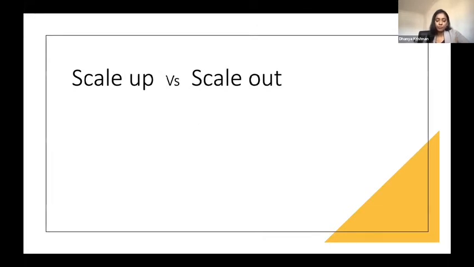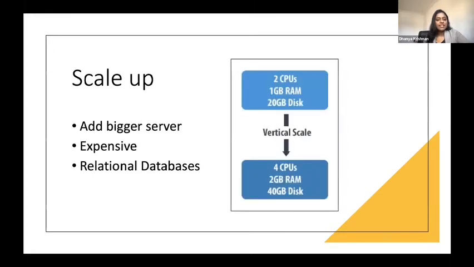There are basically two approaches to scaling, that is scaling up and scaling out. Scaling up: you have hosted your system, you have a server, you are seeing that load is increasing. So you want to scale up your system, for example, as one of the strategies. Scaling up means that you are essentially increasing the capacity of your server. For example, at first you had a small server with 2 CPUs, 1 gigabyte RAM, and 20 GB disk. But then you decide to scale your system up to handle the traffic, handle the load.